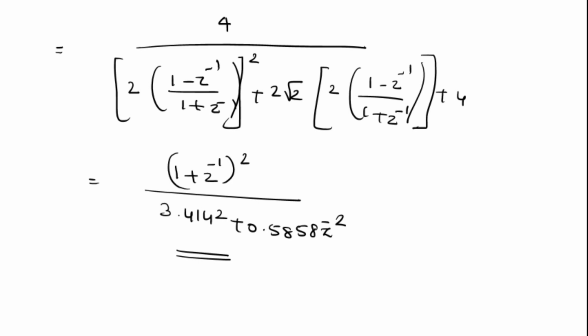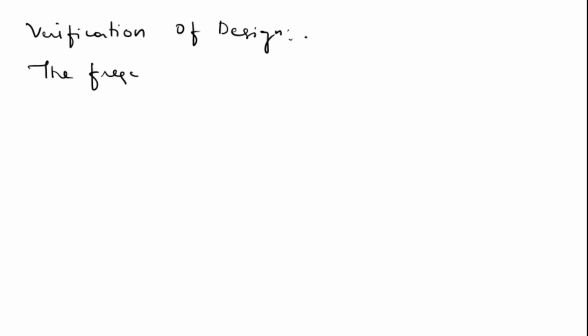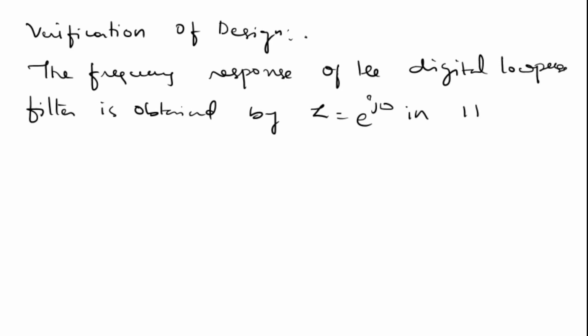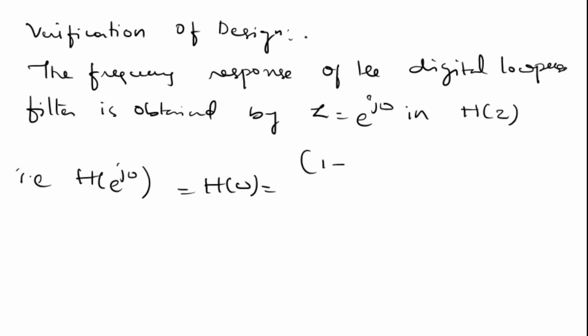Next, we have to verify the design. Next is verification of design, that is the frequency response of the digital low pass filter is obtained by putting Z equal to e^(jω) in H(Z), that is H(e^(jω)) is equal to H(ω) is equal to (1 + e^(-jω))² divided by